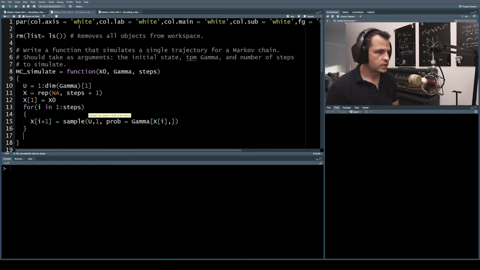Now we need this function to return that simulation. Once it's gone through that whole loop, we need it to return the randomly simulated trajectory. So how are we going to do that? We're going to have this function return a list of objects. The first object we want to return